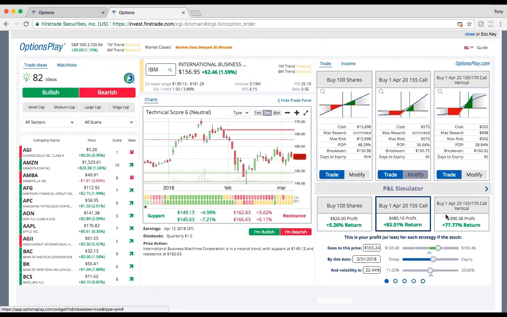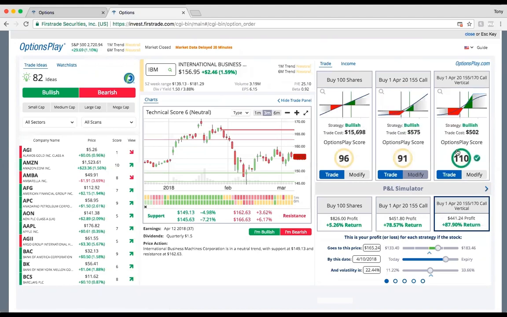What's interesting to note is that when you're trading a vertical, it actually gets higher and higher as you get closer to expiration, because in this strategy, time value is working against you, and in this strategy, time value is working in your favor. So that's really why trading this vertical is one of my favorite strategies, because you're limiting your risk. Here I'm risking 575, here I'm risking only 502, which means that if I'm correct, I make a higher return. At expiration, if I'm wrong, I risk less, because my risk is limited to what I've paid